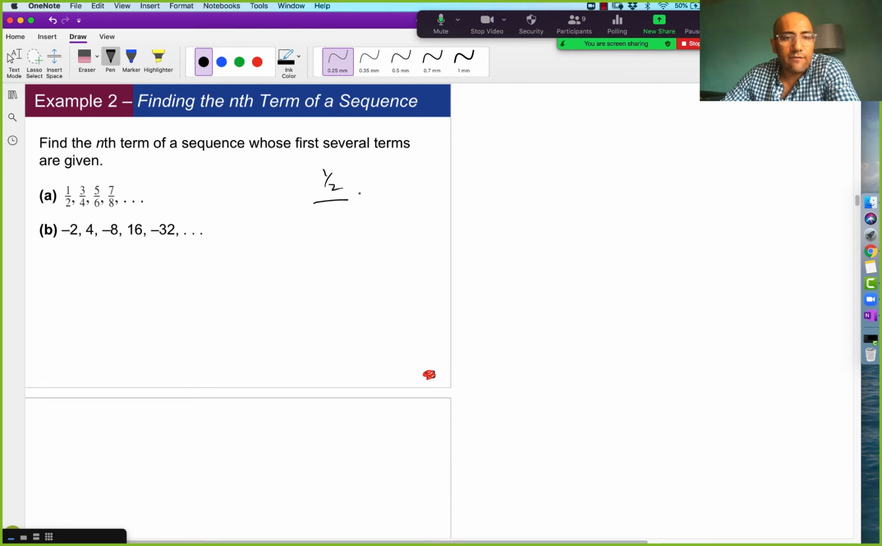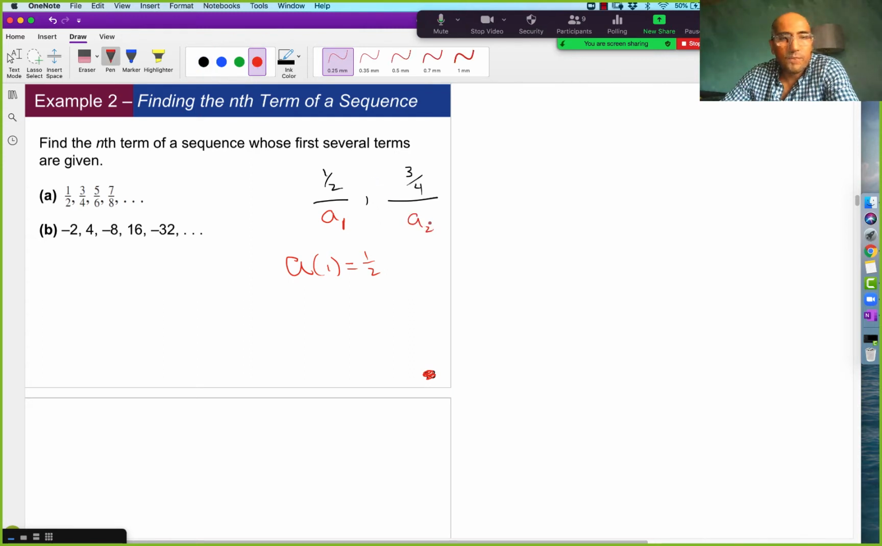I have 1/2 here, and I want to take this 1 and somehow plug it into a formula, and the output of that formula should be this. I want a function a of 1 that equals 1/2. I want to be able to plug in a 1 and the output is 1/2. And at the same time, I want that formula to work out such that if I plug in a 2,